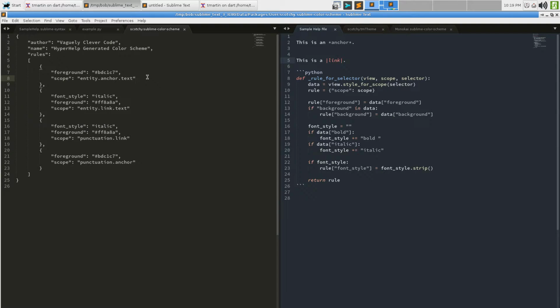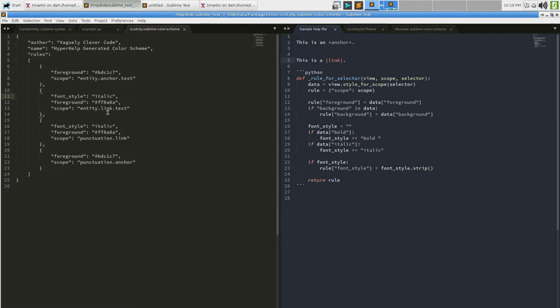Now let's VPF again for Scotchy Sublime Color Scheme, which is actually the one that's being used here. We can see the anchor text is that color. And if I just go ahead and temporarily do that, we can see it brighten up to a pinky color over there. I'll put that back for the time being. And link text is indeed italic, I guess. I'm going to comment that out. Watch the link text. Yeah, it's italic.